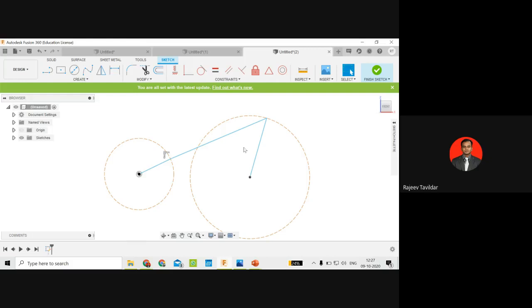Now let me draw one position of the output link. I'm not talking about the extreme right, but automatically you will end up getting the extreme right. So when the rocker comes from B1 to B2, at that time, what will happen to the connecting rod and the crank? Let us see. The connecting rod and the crank have to pass through the center, and from here it will come up till this point.